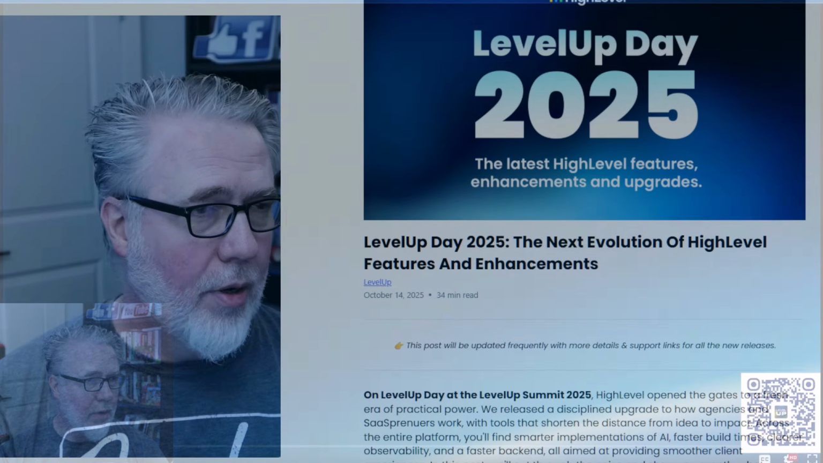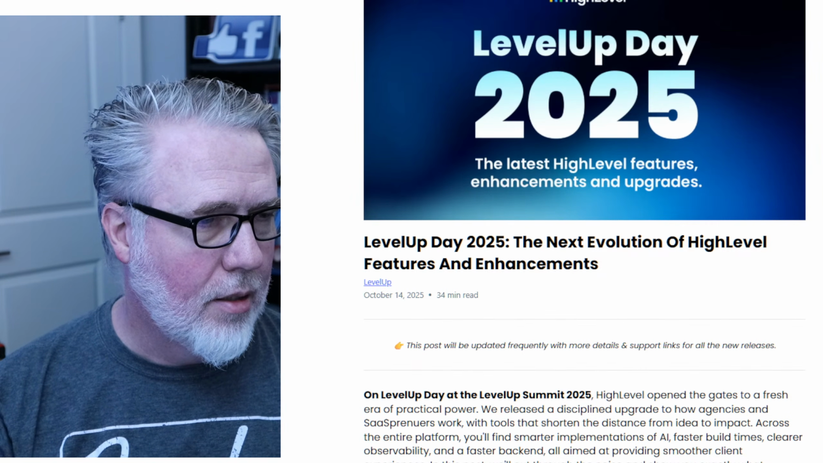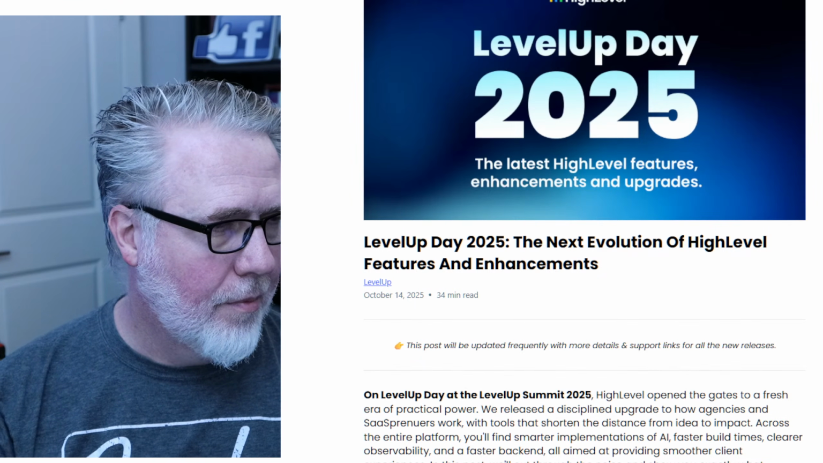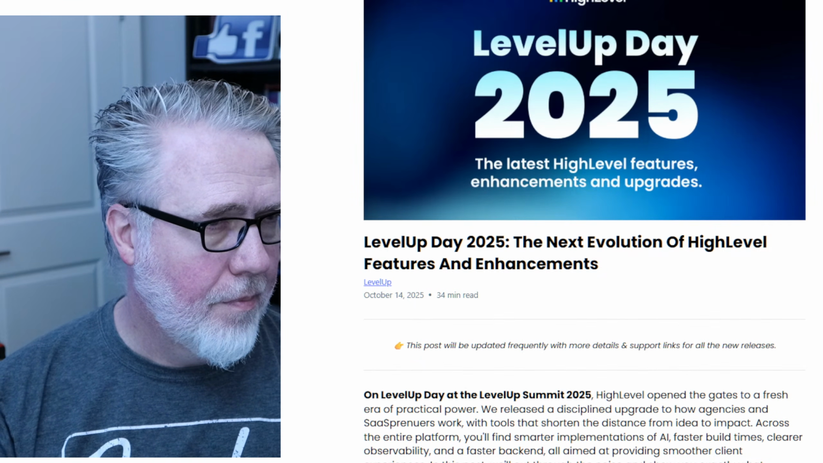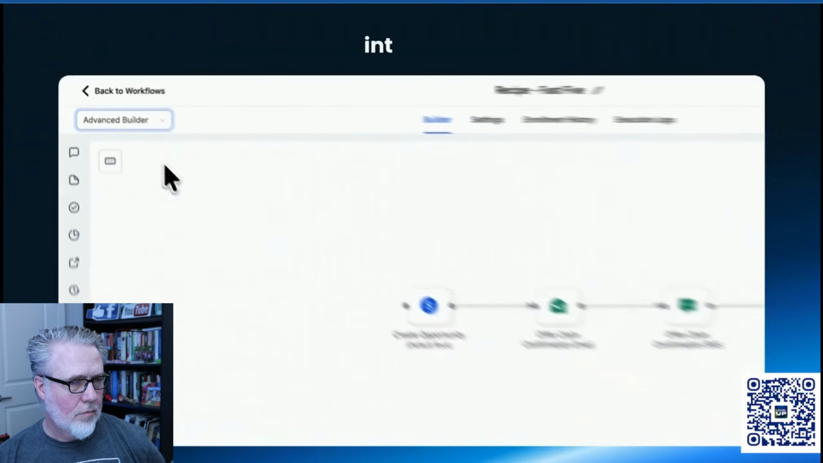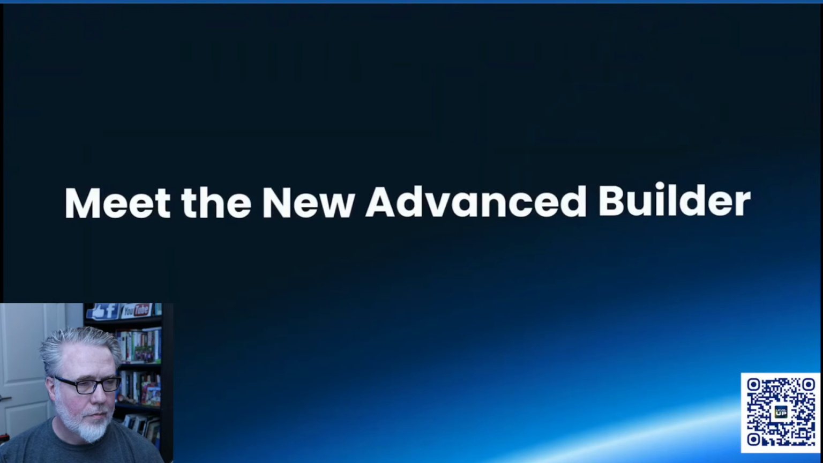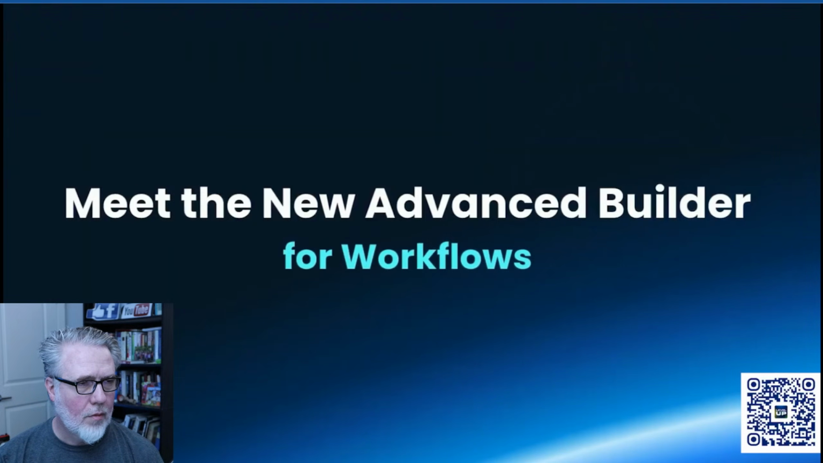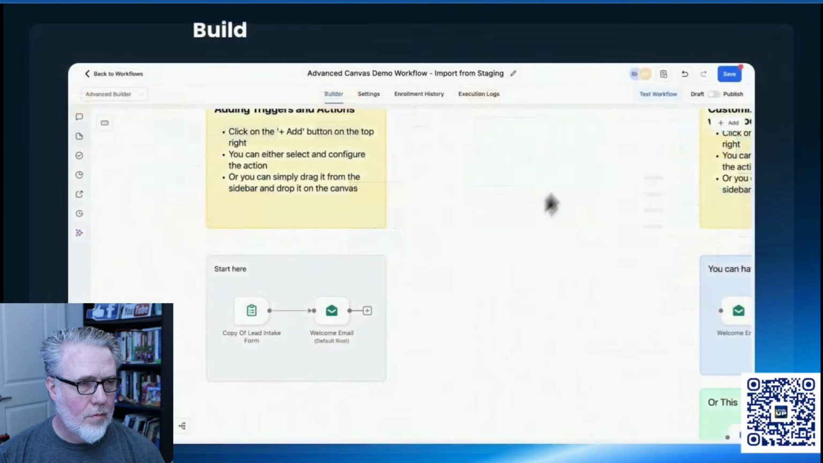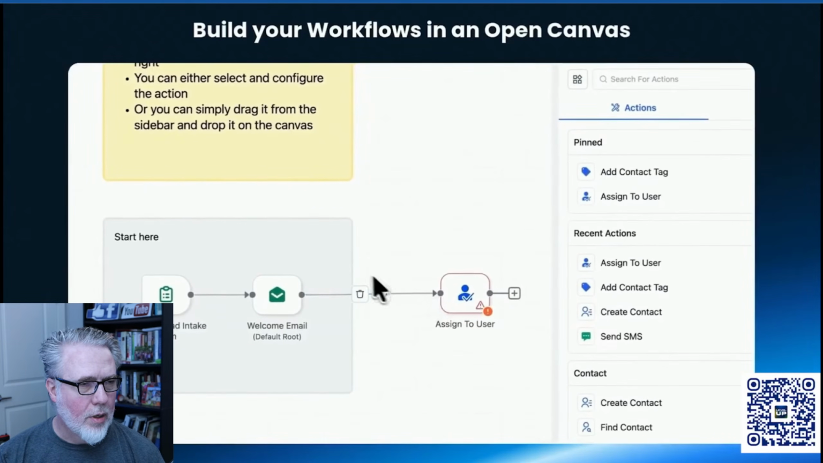Oh, click again. So if I show you here, you can see, I'm just going to turn down the, they're doing a little workflow builder thing. Actually, I'll show that. I'll show the workflow. So that's the new advanced builder. They've made it more like